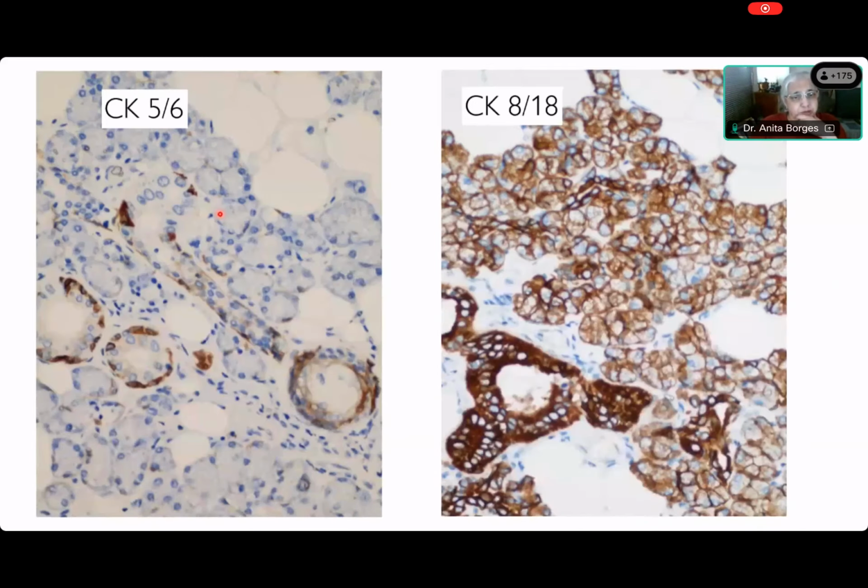Similarly about CK5/6. CK5/6 is expressed essentially in basal cells. You don't really see it too much in myoepithelial cells. You do occasionally, but in the salivary gland, see how it is marked in the basal cells of the striated duct. CK8/18. What is CK8/18? It's a very low molecular weight cytokeratin, and anything that is epithelium will mark with CK8/18. And if you remember how very poorly the acini were being marked by AE1/AE3, because AE1/AE3 is a combination of high and low molecular weight keratins of different sorts, you'll find that in very low molecular weight keratin, see how the big ducts of course will mark, but all the acini will also mark with this.